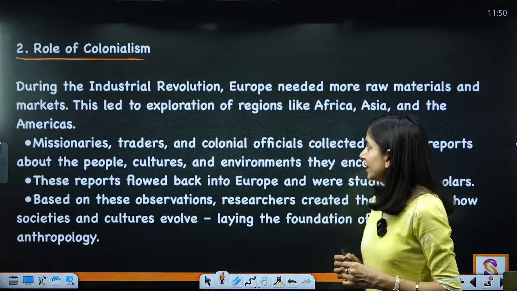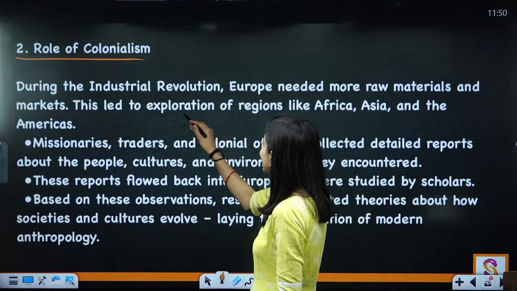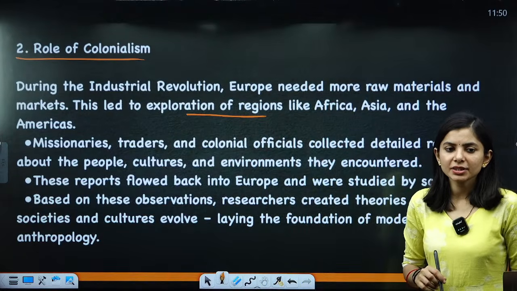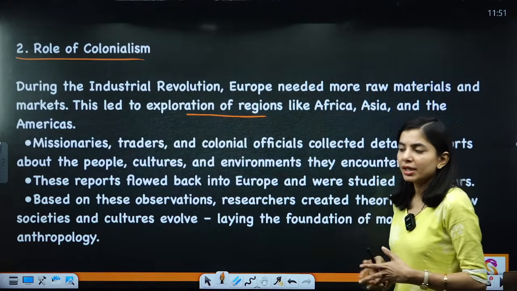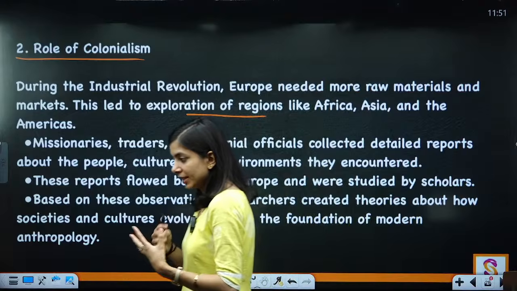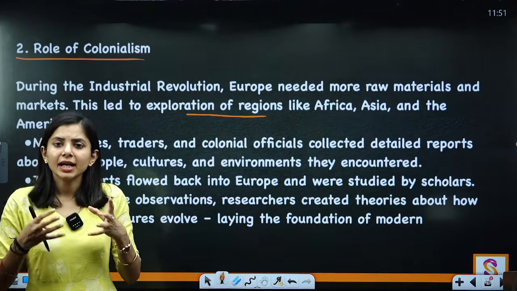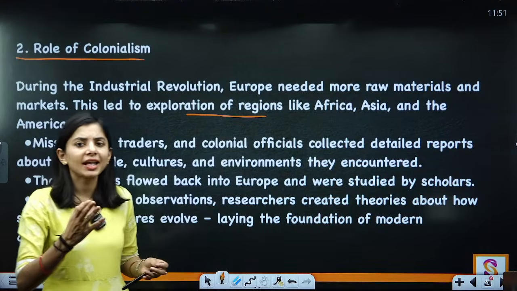So that's what they did. As a role of colonialism during the Industrial Revolution, it led to the exploration of the different regions. And as a result of this, they went to the different areas. They basically turned into the missionaries. So what they did is, as a part of the different culture they are going towards, for example,